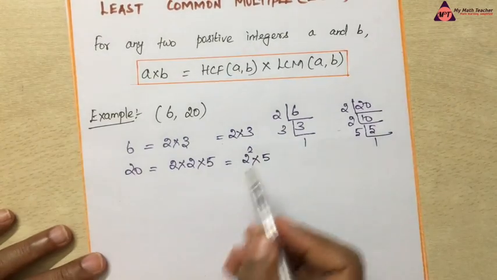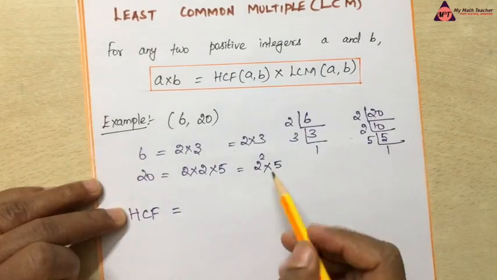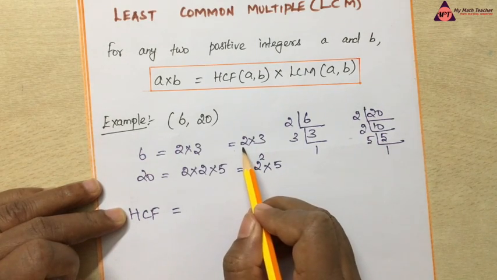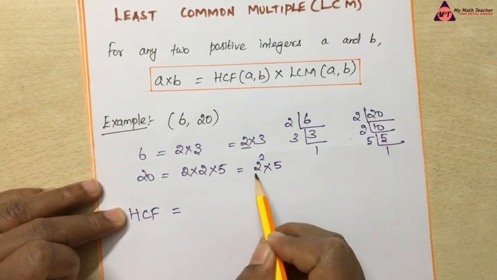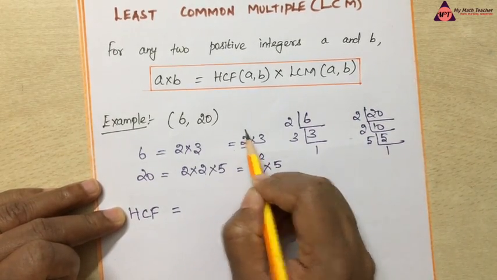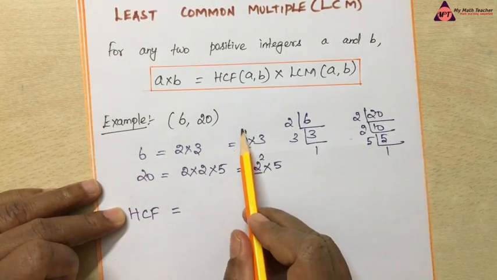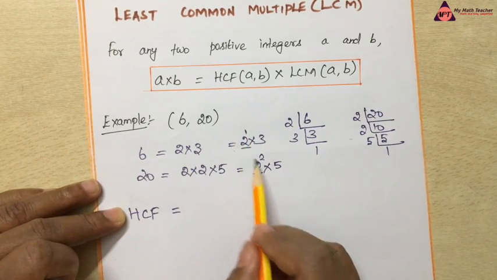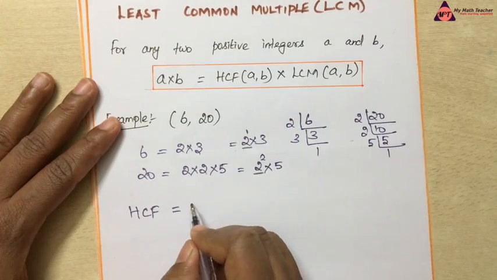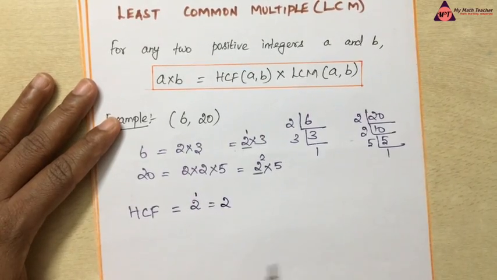Now first we are going to find HCF, that is, the highest common factor. So look for the prime factor which should be common in both the numbers. Here 2 is present, here 2 is present. Now look for the power. The power here is 1, whereas here it is 2. So the highest common factor always takes the least power. So go for the common factor first and look for the least power. The least power is 1. So HCF is 2 power 1, that is 2. 2 power 1 is nothing but 2.